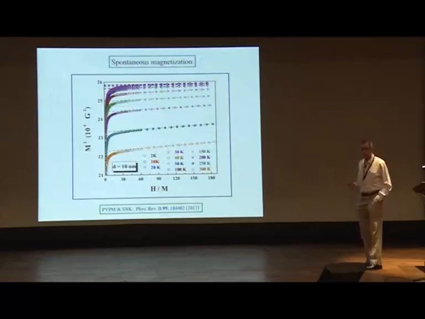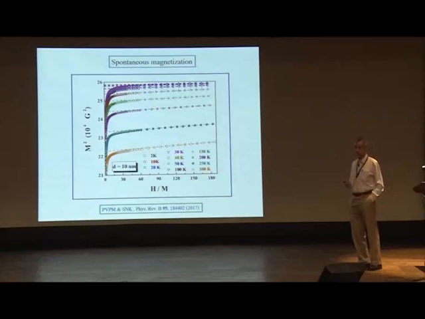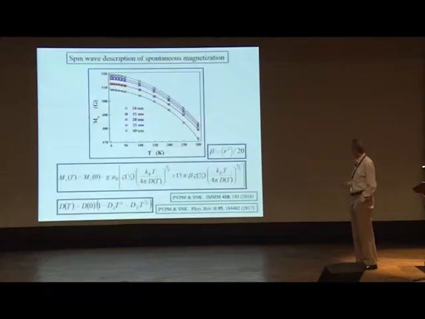That's why, normally, you plot the M versus H isotherms in the form of Arrott plots, and then extrapolate the high field linear portion to H equal to 0, and the intercept on the ordinate axis gives you the spontaneous magnetization as a function of temperature. So that's how we have determined the spontaneous magnetization, and then this spontaneous magnetization as a function of temperature